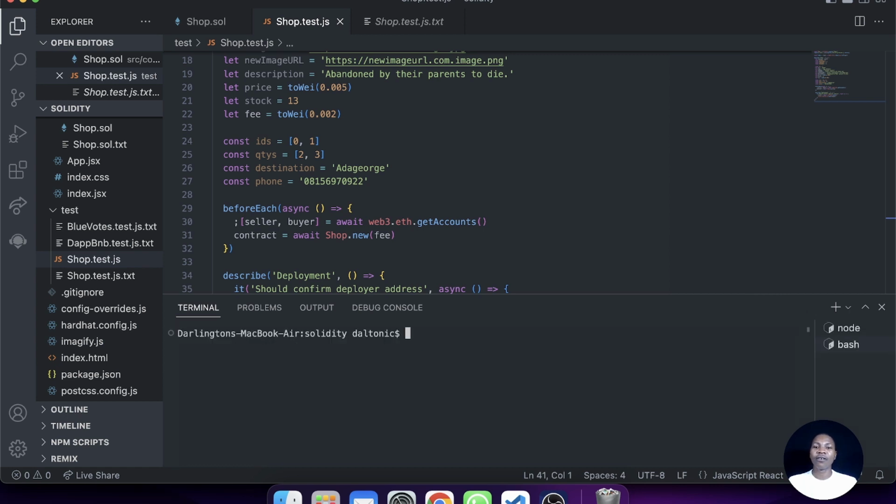This is where we start running our test. To run the test, provided that you put your test in this particular folder called test, all you need to do is type truffle test. Okay, so in case you don't know how to install Truffle, I've already shot videos of how to do this,